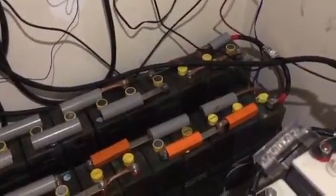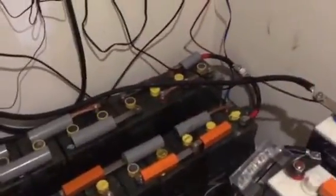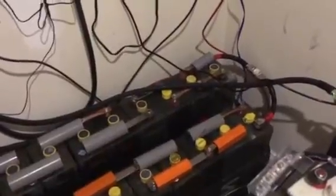My goal is to increase the capacity between the 2 battery banks in parallel as one. My goal is to have them combined to come up with like 500 amp hours. That's my goal. And the reason why I want that goal is if you wanted to get 500 amp hours